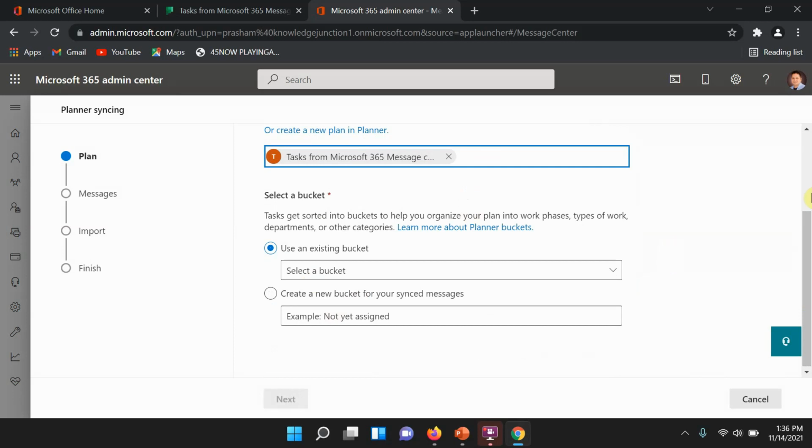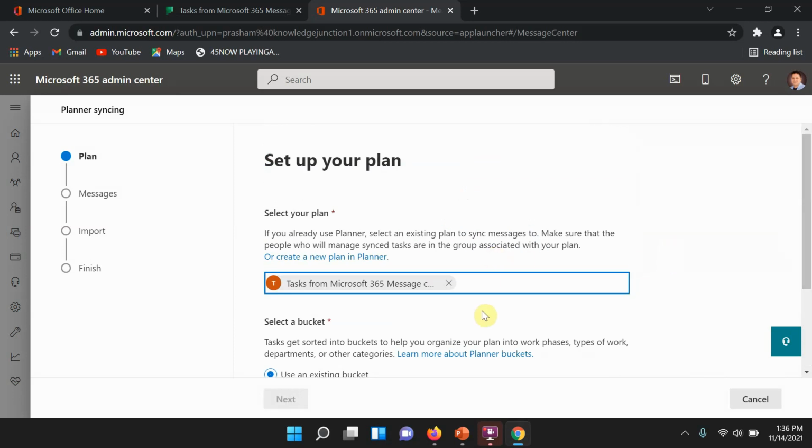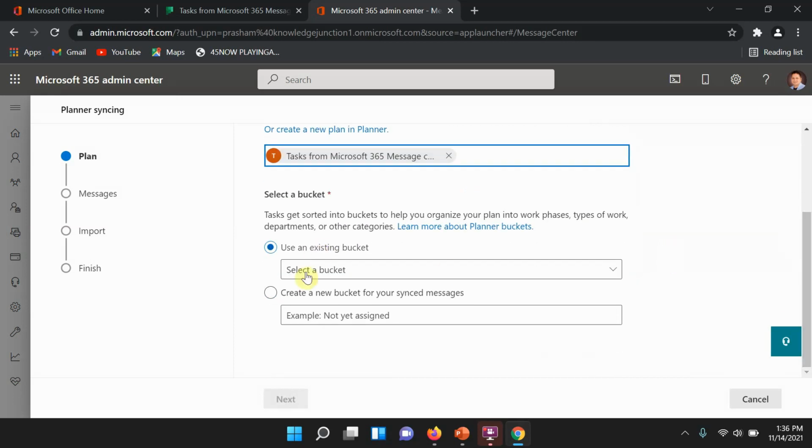One more important point to remember: we can synchronize the messages in only one plan at a time. We couldn't synchronize the messages to multiple plans. Here, create a new bucket, Microsoft 365 Message Center.